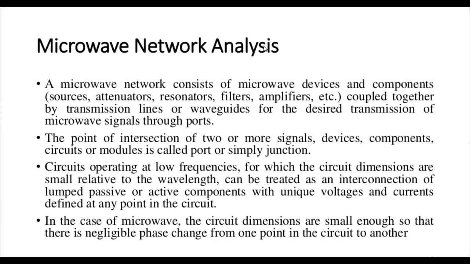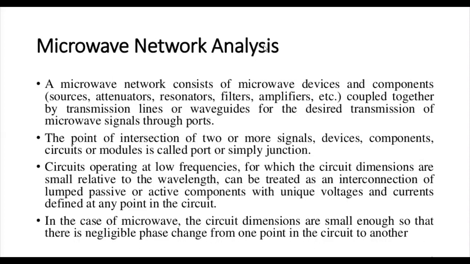And you have one more parameter called ABCD parameters. So there are 4 parameters to remember: Z parameter, Y parameter, H parameter, that is hybrid parameters, and ABCD parameters. So in this, a port is a pair of terminals. Now, you should know what actually a port is. So you'll have terminals in the circuit. So a port will be a pair of terminals.